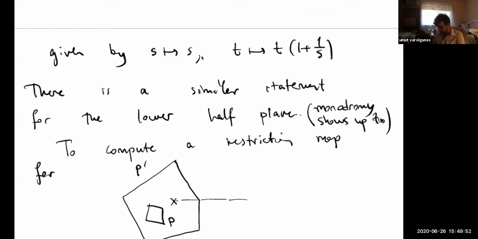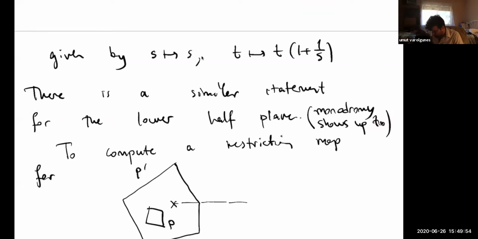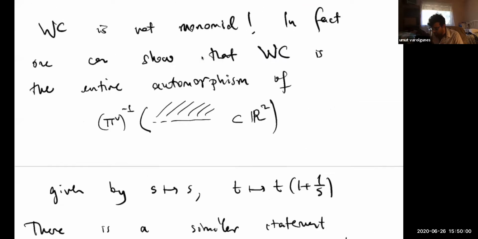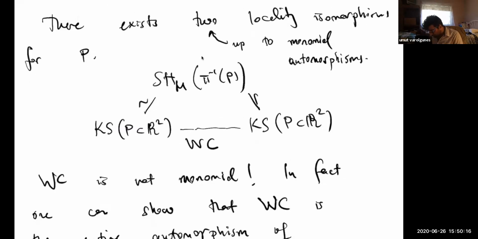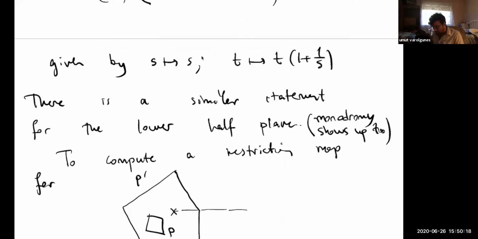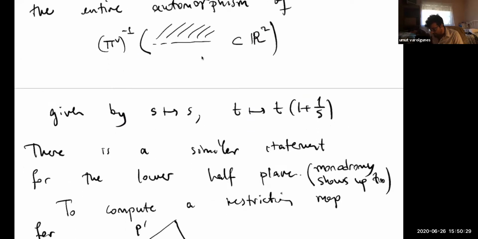There is a similar statement for the lower half plane, but something that's very confusing to me, and really made me almost go crazy in the last days, is that there is monodromy also happening here. I said that I can choose both of these inclusions to look like identity on the upper half plane. If you do that, in the lower half plane they won't look like identity. They'll look like symplectic lifts of a shear. There is a wall crossing isomorphism happening for the lower half plane, and there's monodromy showing up. It seems like the picture is completely symmetric between lower and upper half planes.